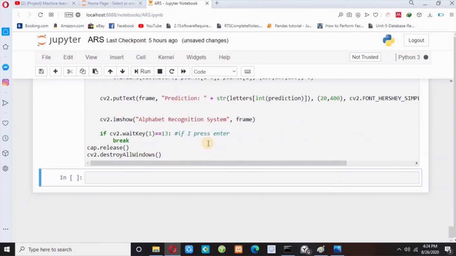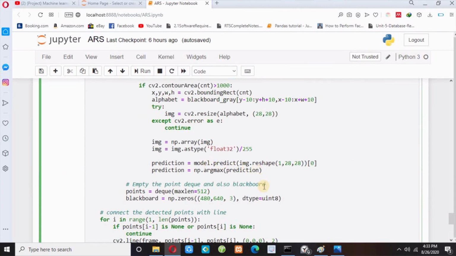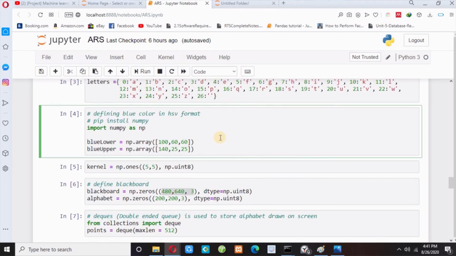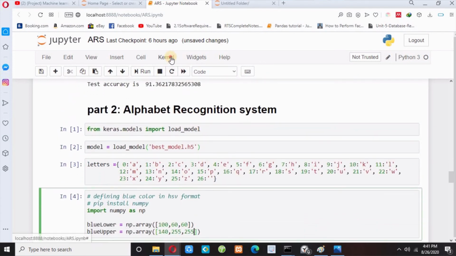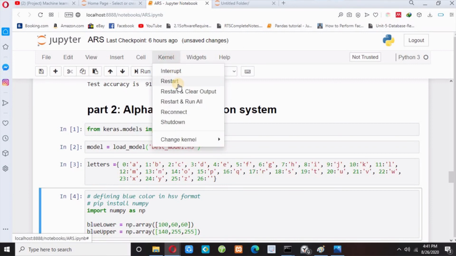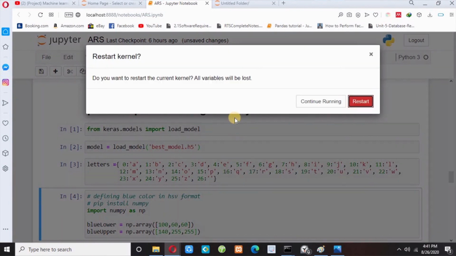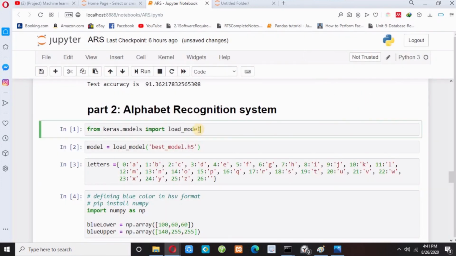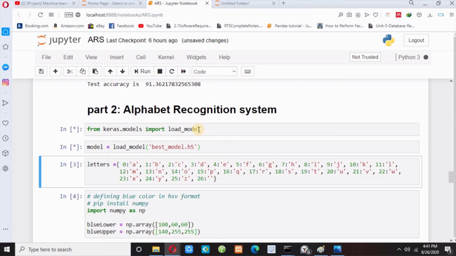And also guys, we need to write here dtype equals np.uint8. And guys, I have found the error, so I need to define here 140, 255 and 255 in the upper boundaries. So let me now restart my kernel, and let me execute this whole cell once again.